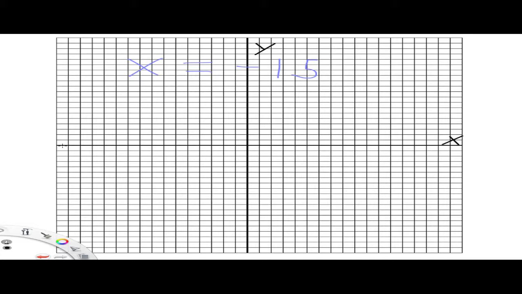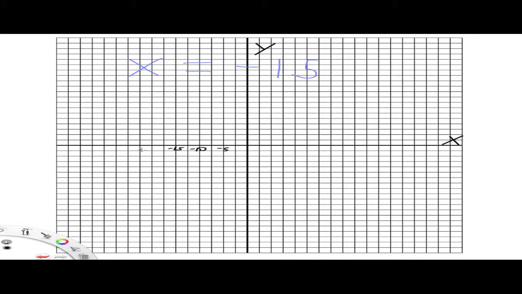I could go by 2s. I could do what I did before, maybe go by 5s. I think I'm going to go by each tick being 2.5 to kind of give myself a little bit of room to work with. So let's see what that's going to look like. So this is x equals a negative 15, so that's what I'm interested in. So this is negative 5, so that's negative 10, negative 15,